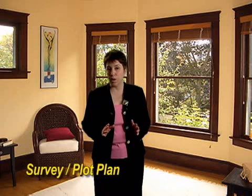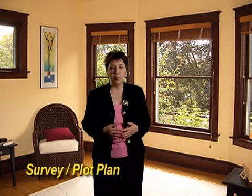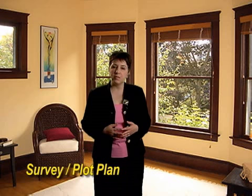Lastly, the lender will order a survey or plot plan if required. A survey is a measured drawing that shows the property you're buying, any improvements on it such as a garage, driveway, or fence, and it also shows easements or rights of way granted to utility companies or other parties. The three most common types of surveys used for mortgage loans are, one,